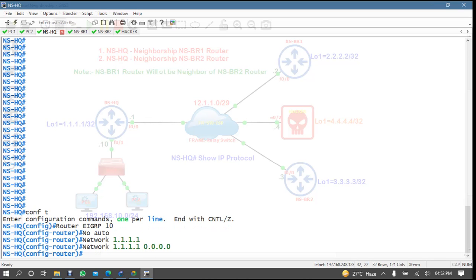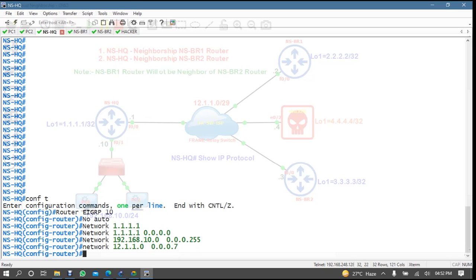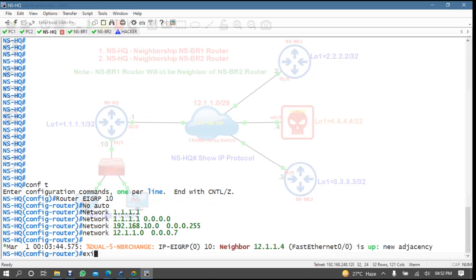Let's advertise here with a wildcard mask. Then 1.1.1, 192.168.10.0 with wildcard mask, and then network 12.1.1.0, and for /29 the wildcard mask is 0.0.0.7, right? Then you type exit.